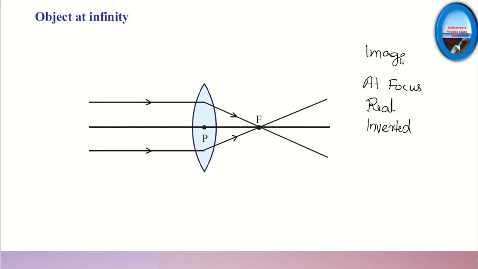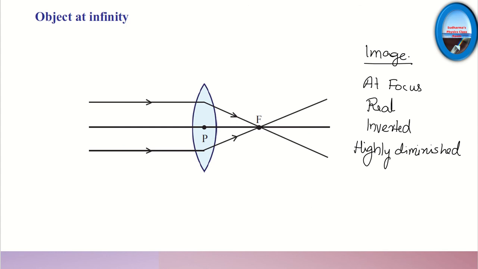Okay, so this is how we have to go with the explanation when we draw the ray diagrams. For any object at infinity, we will be taking parallel rays, because the object is at a very large distance from the lens. So the image is at the focus, it is real, inverted, and we are not able to see the size, right? It looks like a dot. So we can say that it is highly diminished. What do you mean by diminished? Highly diminished. Very small, point-sized image. So when the object is at infinity, the image is at the focus, it's real, inverted, and highly diminished.